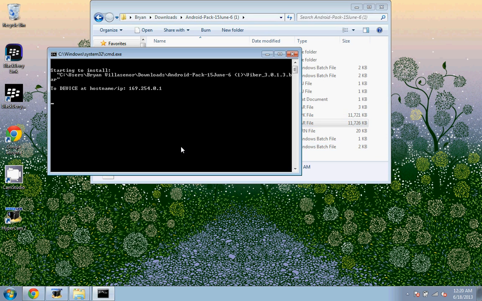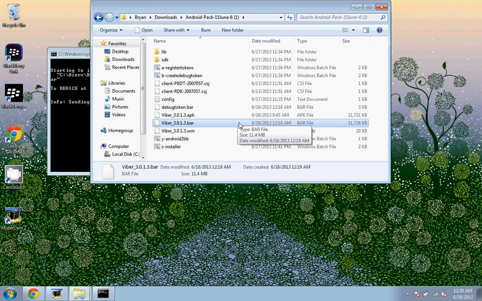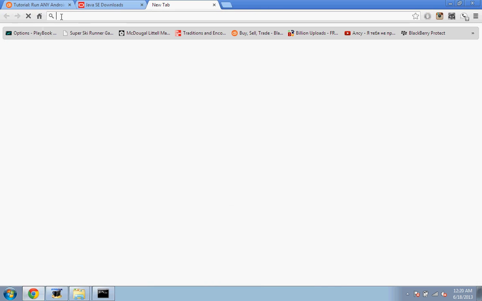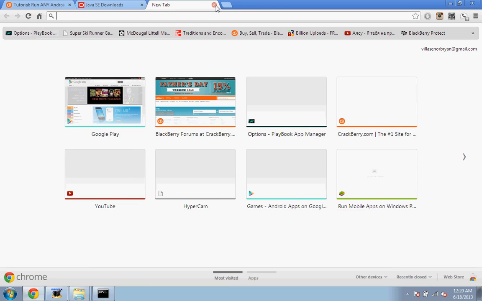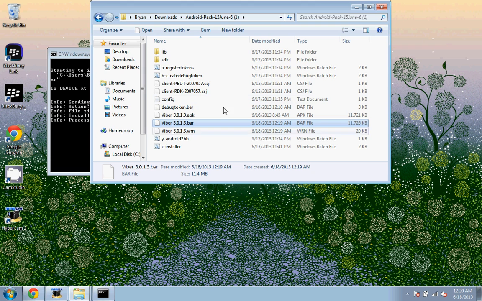Next, that's going to install the bar onto the device. You can also use this bar file. You can also drag it over to your Chrome sideloading method if you like to use the playbook method. I have that saved on here as well, so you can do that. And I forgot to mention that before,